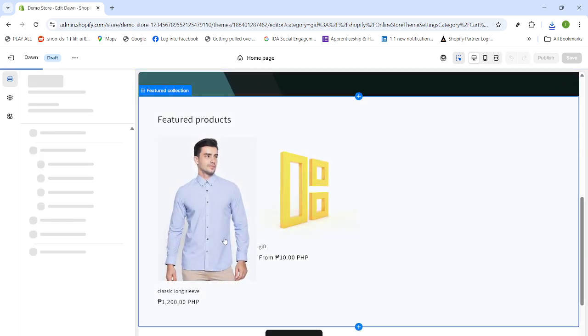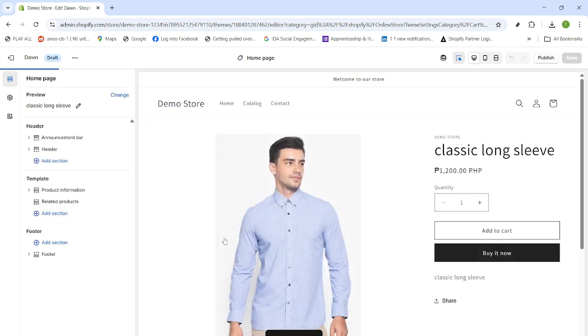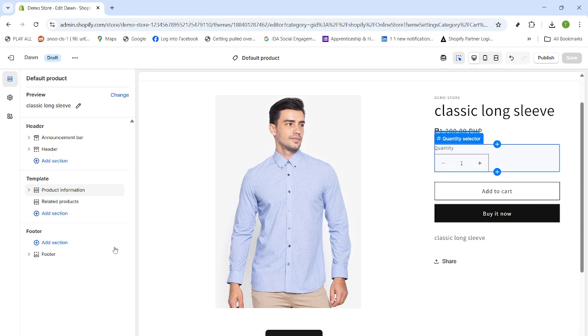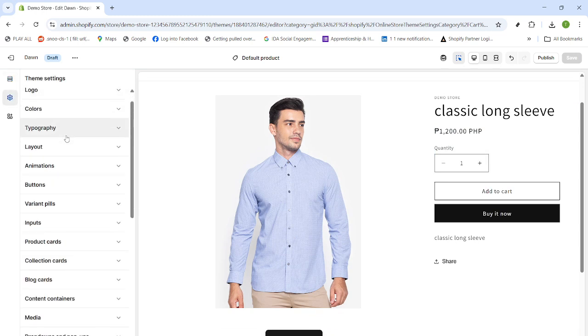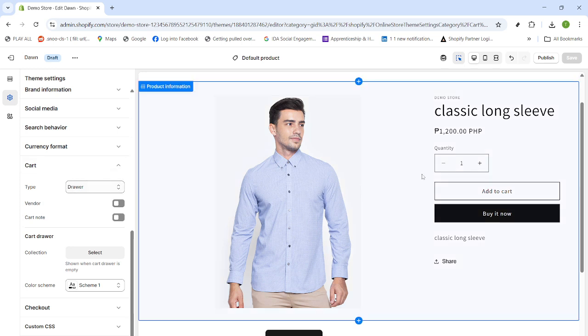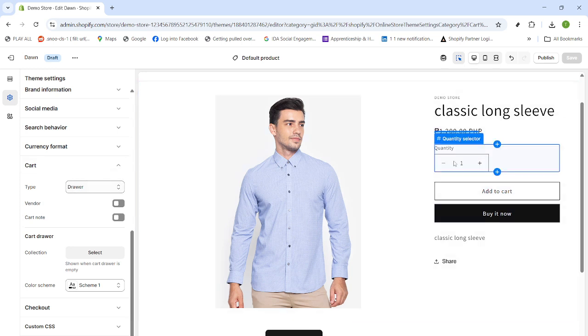On the empty cart screen, use the built-in link that invites customers to browse your latest products. That takes you to a featured collection, so you can continue the flow naturally. Open any product from that collection to view its details. This step isn't about changing the product, it's simply a convenient way to confirm that the drawer behavior follows you